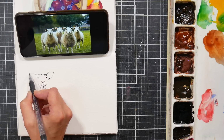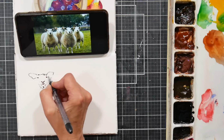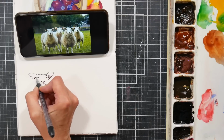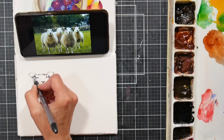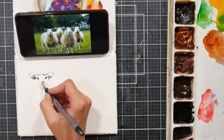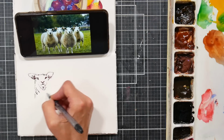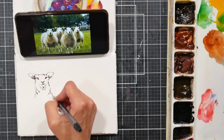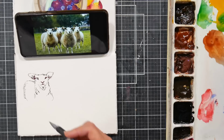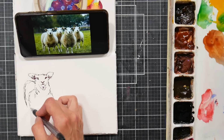That doesn't look very sheepy to me, but I'm hoping that by the time I get the body in, it'll look a little bit more sheepy. The ears are quite dark, so I'd want to go in and get that pretty dark. It's kind of the same idea as using an elegant writer pen. These are going to be some highly stylized sheep. Oh my, I don't think anyone's going to be hiring me to draw portraits of their sheep anytime soon,